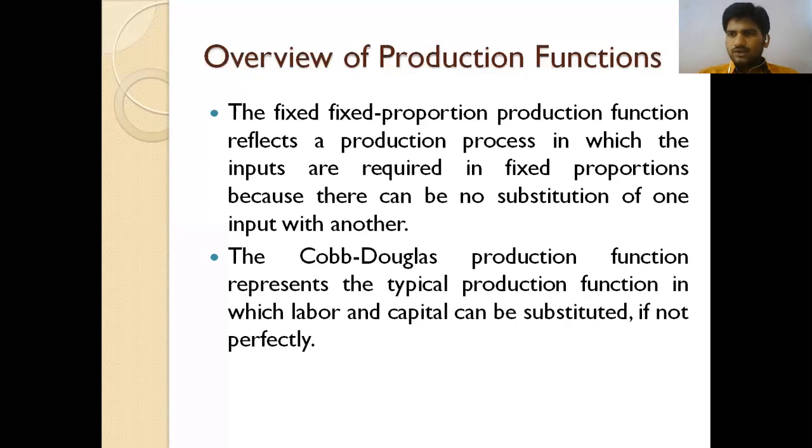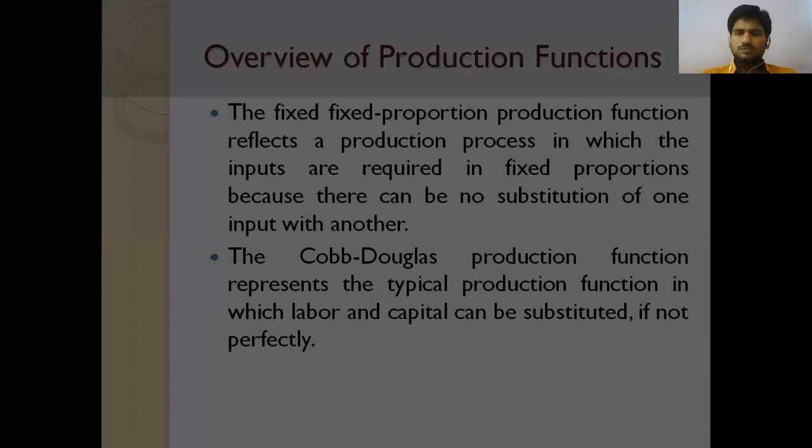In the first, linear one, we are going to see that the inputs are substituted. The third one is the fixed proportion. We are not going to change anything. We have fixed labor and fixed capital, and we get some output from it. In the Cobb-Douglas method, we are going to vary things. We are going to substitute the capital and the labor, so it is going to be changing. We already said that it is not used for the short term. The Cobb-Douglas production function is going to be used for the long term. So these are the three production functions, in the way of how the production is going to be done.